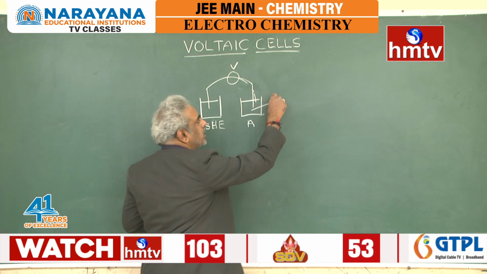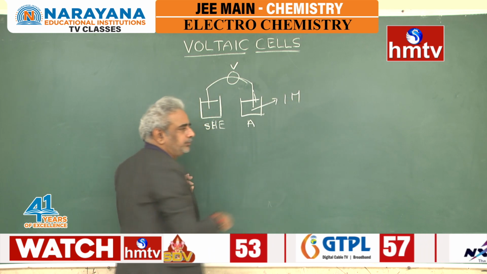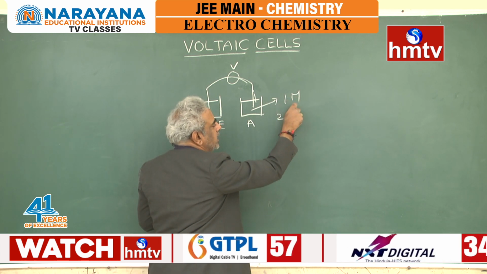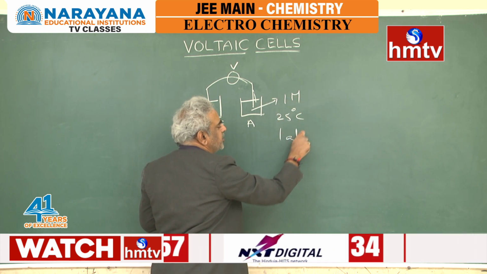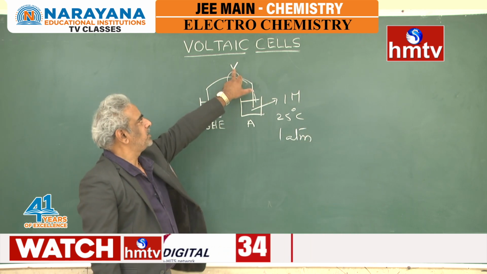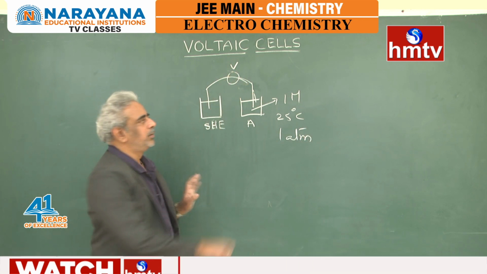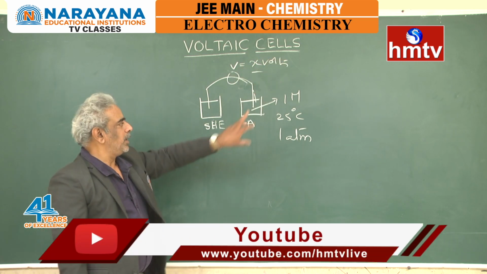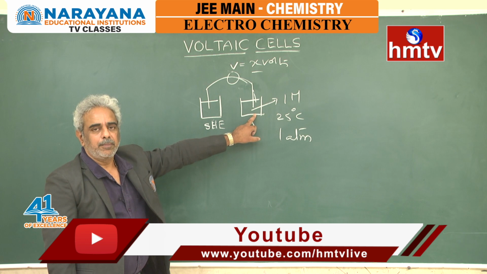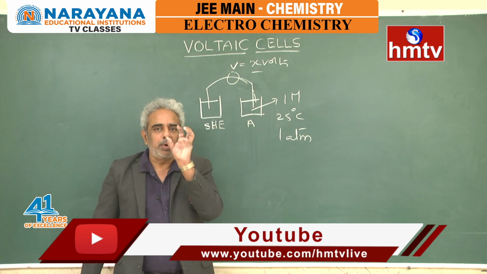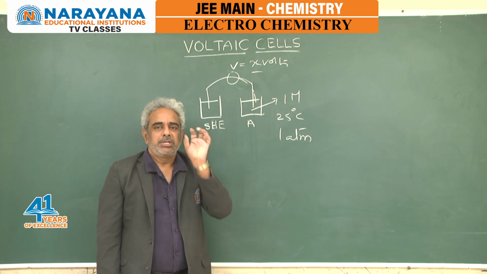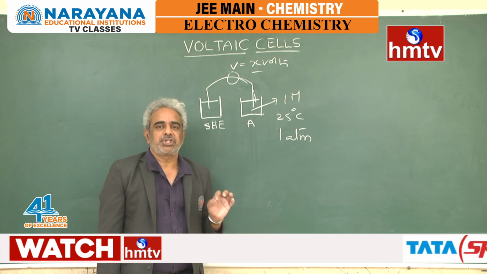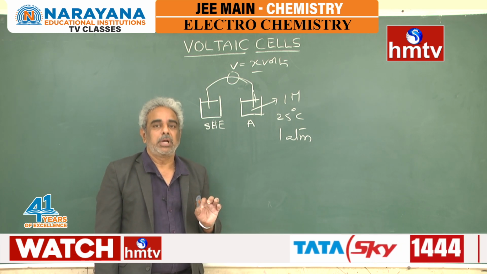If the ion concentration is 1 m at 25 degrees C, 1 atmosphere pressure, whatever is the potential shown here, potential being X volts, completely belongs to A only, and this X volts potential is called standard reduction potential of